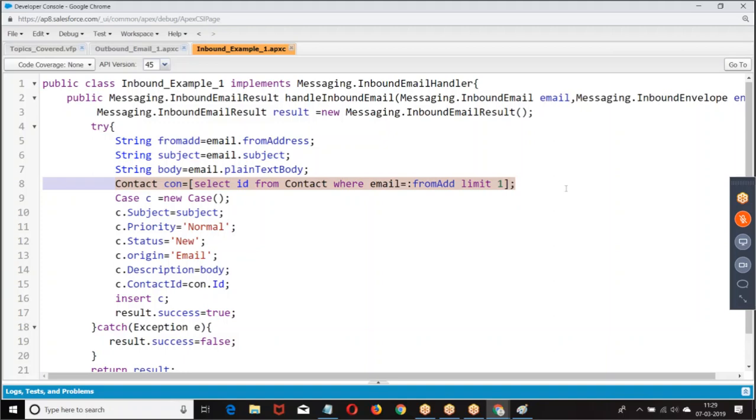The issue was with respect to what? DML failure. Why the DML failure? There is no contact record coming. Why is there no contact record? Not even a single record with the email address satishmalanotes@gmail.com. That's why contact came as null. It threw an error message. What I have done is I went to the contact record and modified one of the contact email addresses as Satish Malanotes.